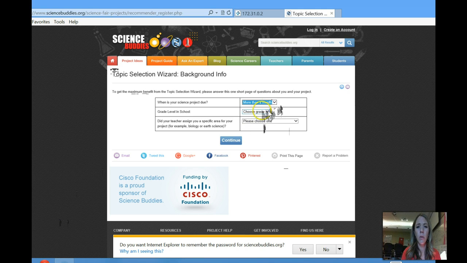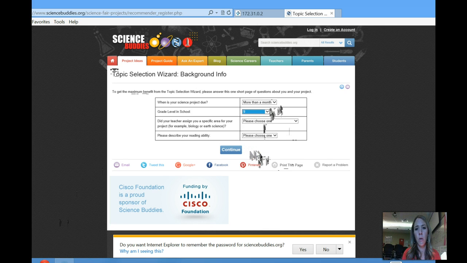What grade level? So this will give you your grade appropriate. For my students, maybe I want them to be at least at a 9th grade level. It's good to give them constraints. A lot of students like picking things at a 3rd grade level, so I tell them it at least had to be at grade level, nothing below. Teachers specify an area. I can pick, all right? If you are a physical science teacher, you want them to do a physics project, you can specify that. And your readability,